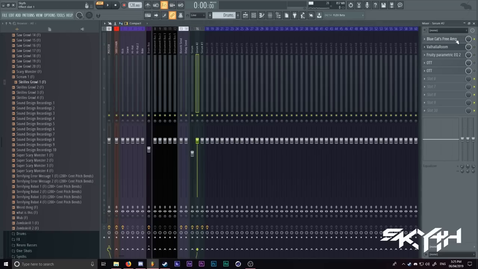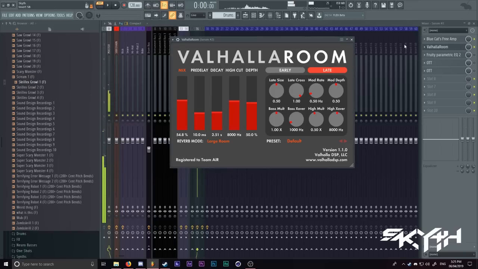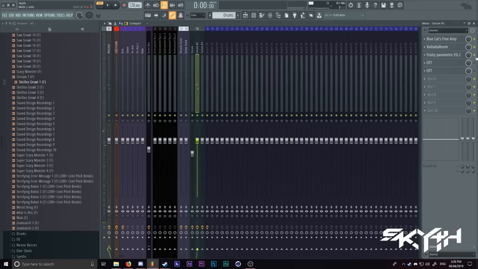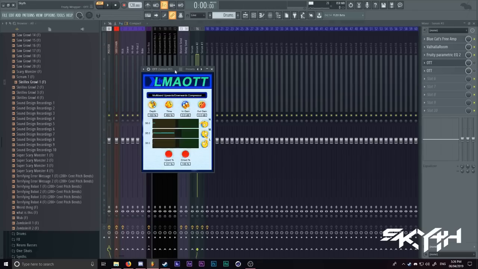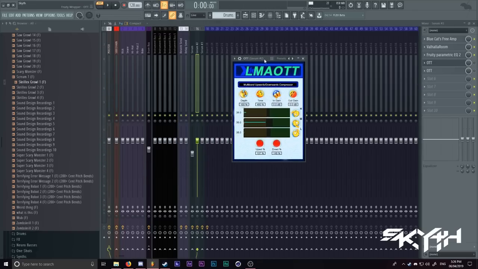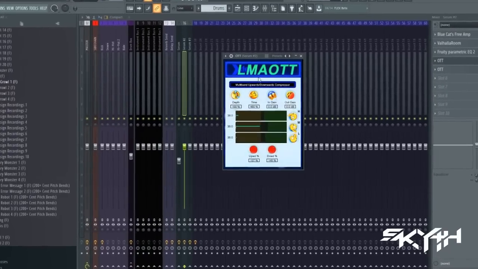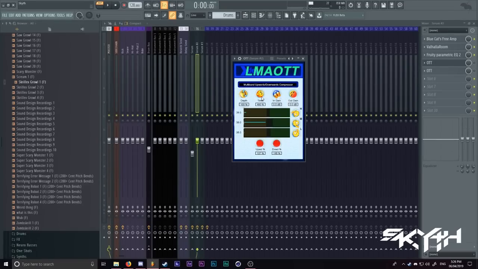This is just an amp. Brings out some frequencies, reverb, an EQ to keep the lows from exploding, and OTT. Now, a huge difference aside from this in the bass is I have the LMA OTT skin on here. Aside from that, I have the time on 460. Now, why is it on 460? Because of this. If I have this all the way down,